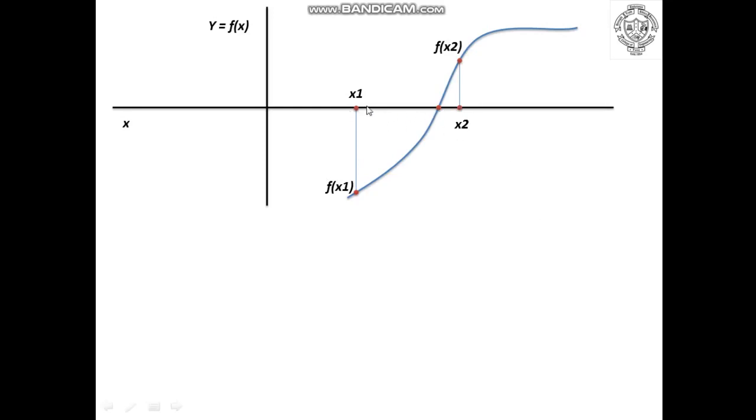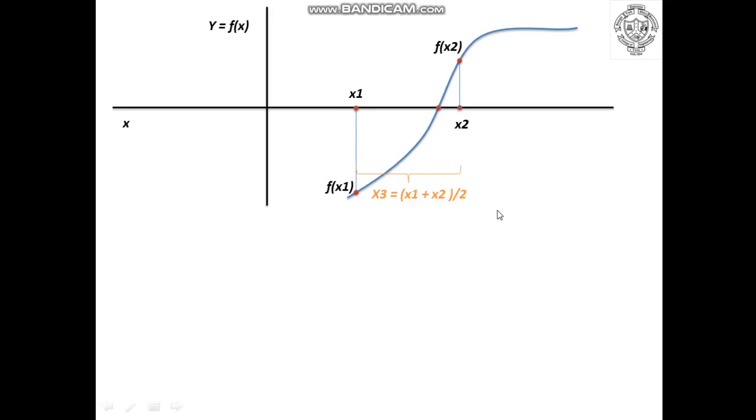Now, the next step of the bisection method: as we are aware, we have to find the midpoint of these two points, x1 and x2. We have to again find the midpoint, so we will employ the formula for the new x3. This x3 will be the new x3 because x2 has been replaced, and x1 is as it is. So let us find the midpoint between these two. We will take the same formula, x1 plus x2 divided by 2.